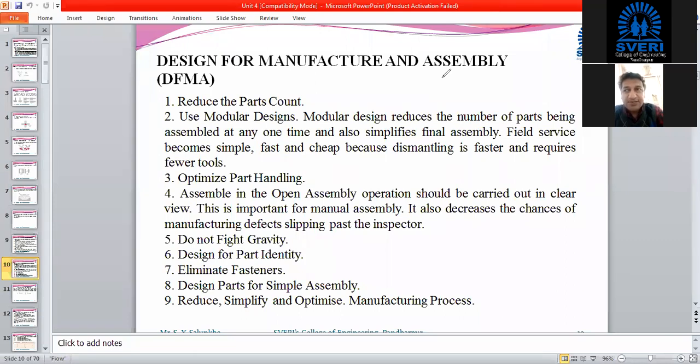Remaining thing, we just have to find out the dimensions. So by calculating the stresses and by applying the various theories of failure, we have to just calculate the dimensions.